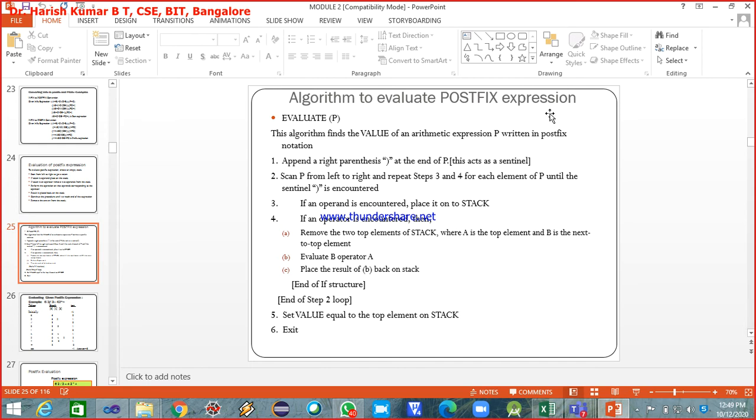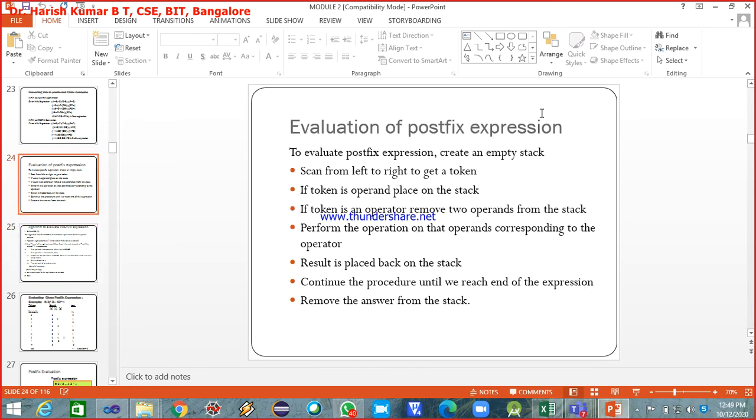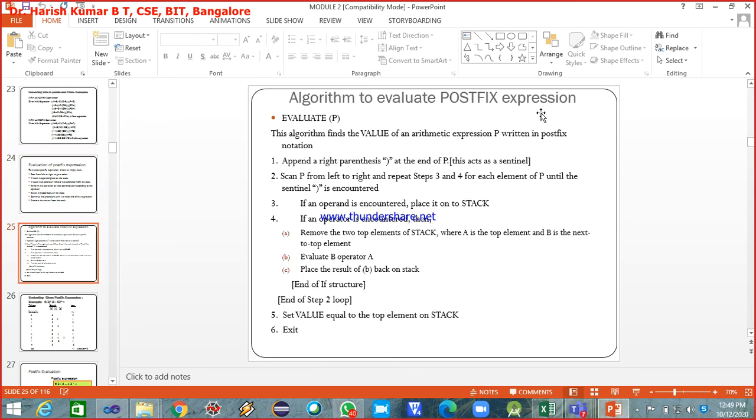So, the algorithm to evaluate the postfix. This is written fully using natural language, in the form of steps, using natural language as a programming language. Evaluate P: the algorithm finds the value of an arithmetic expression P written in postfix notation.